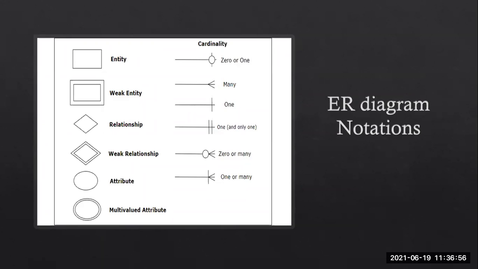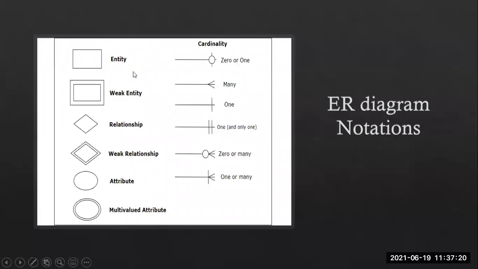What is the entity relationship diagram? We should be aware of what the entity is, what the attribute is, and what the relationship is here, and how these are getting connected here. Okay. So the question might arise for you people for 5 marks: explain the different ER diagram notations here. So let us see.